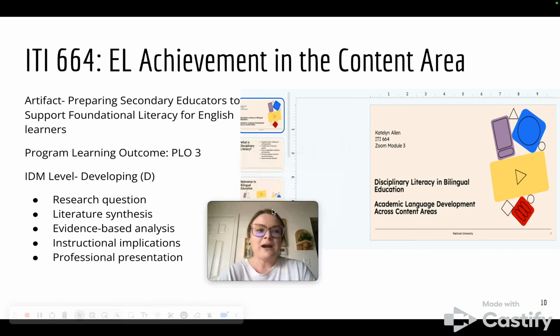My artifact from ITI 664 is a presentation. For this assignment, I investigated how well secondary educators are prepared to teach foundational literacy skills to English learners. I developed a focused research question, synthesized peer-reviewed literature, analyzed evidence across multiple research studies, and identified instructional implications